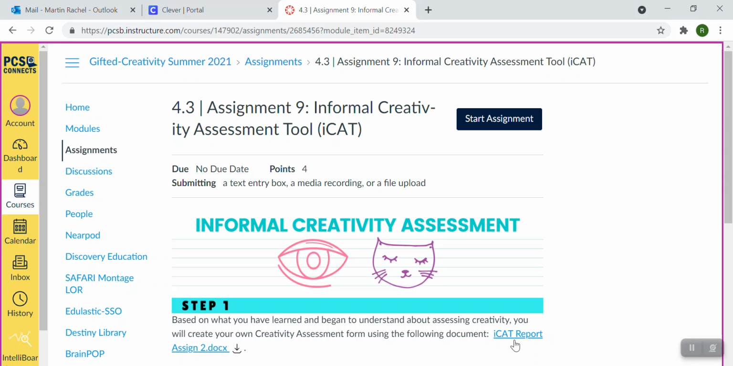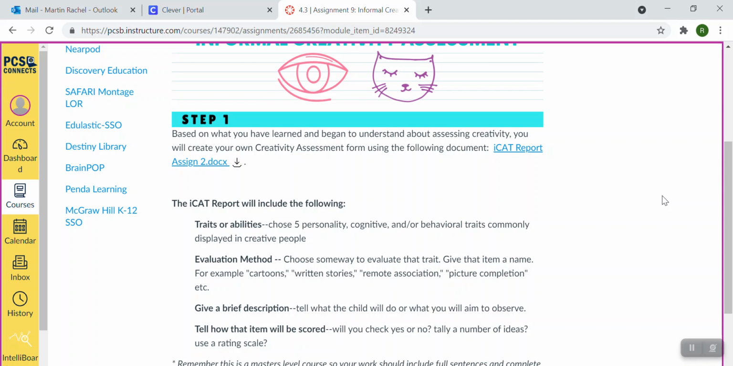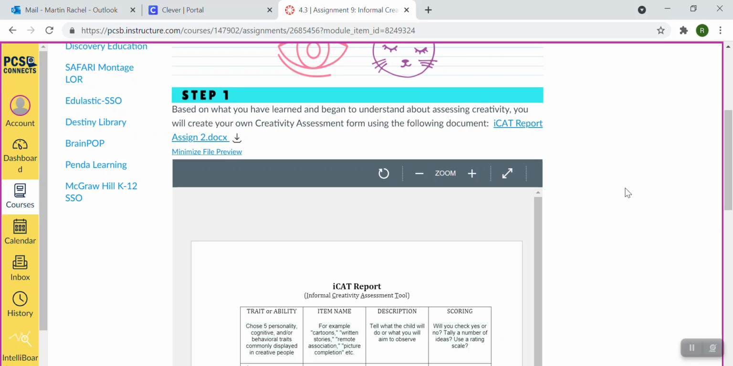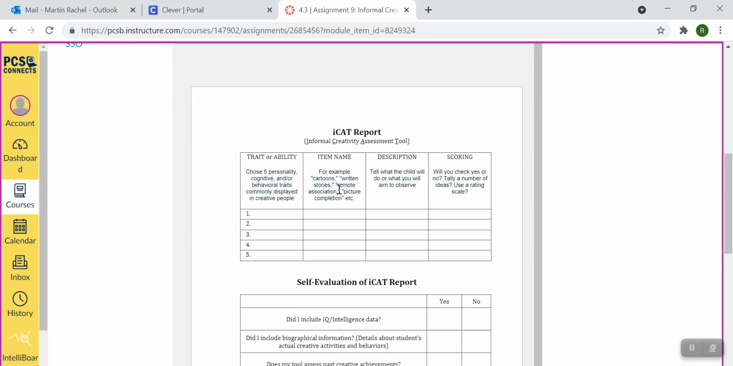So then you're going to come over here and you're going to create an informal creativity assessment tool, which we call an ICAT. So now you're going to take what you learned. What are the components of the test that you read and learned about? There are charts and everything in that article. And you're going to use this document right here. I'm going to open it up. And you're going to list